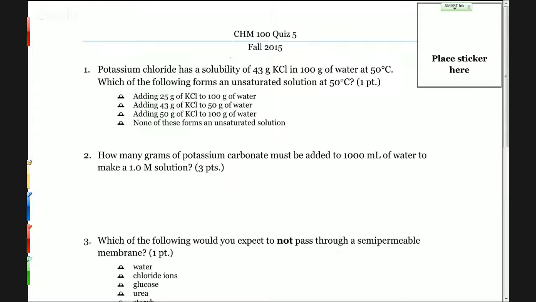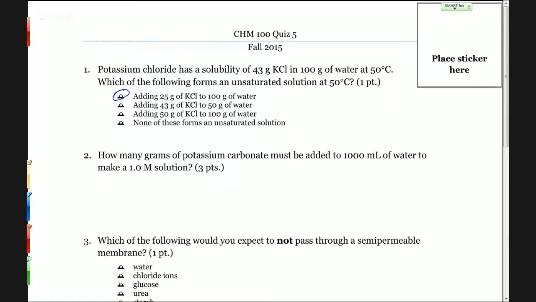Has a solubility of 43 grams KCl per 100 grams of water at 50 degrees C. So which of the following would be an unsaturated solution at 50 degrees C? Unsaturated means less than saturated. The solubility tells you the saturated solution. How much is the most that can possibly dissolve? So which of these is a number that is less than the most that can dissolve, less by ratio, and